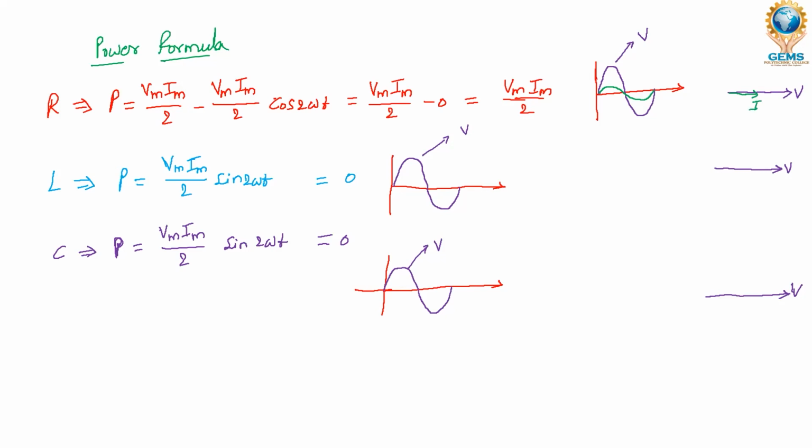Current in inductor is going to start with a 90 degree delay. Current will come like this. If you complete the waveform, it will come like this, which means 90 degrees lagging. This is I. In case of capacitor, it is 90 degrees leading, which means it will start somewhere here. Here the angle is 90 degrees.